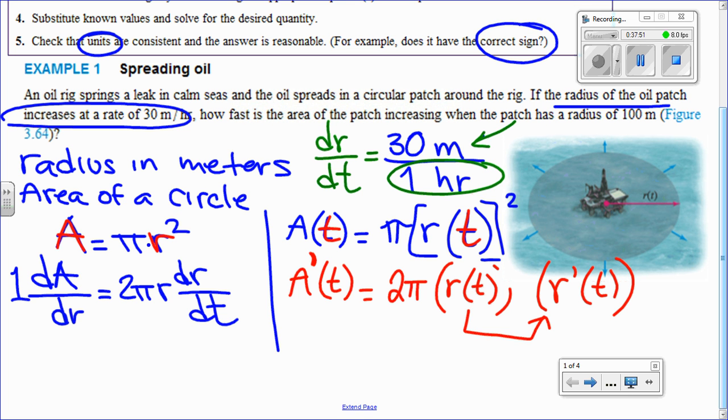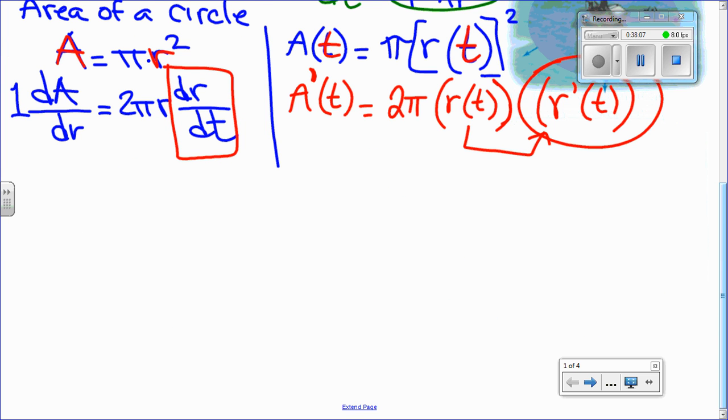So that should be a 1, right? So we'll just leave it like that. Either 1. Okay. So then here, instead of using r prime of t, we will use dr/dt. And that's it. Okay? So if we go back to this one here,